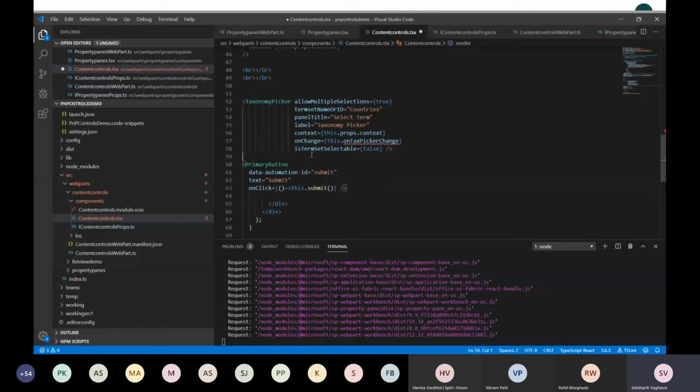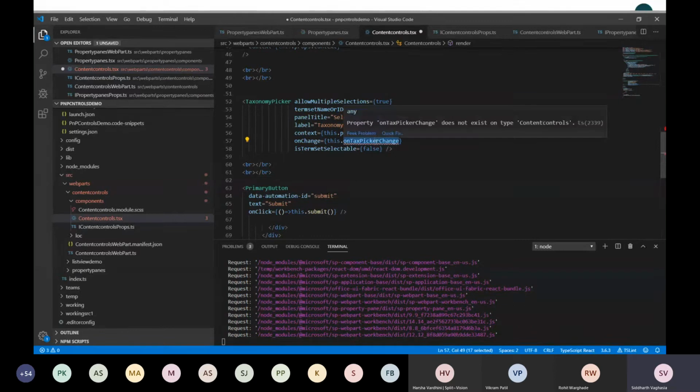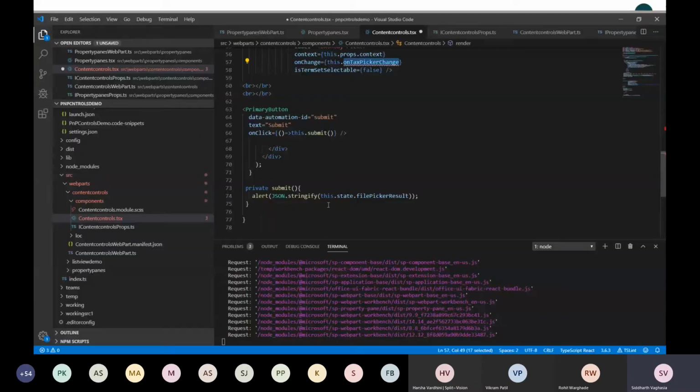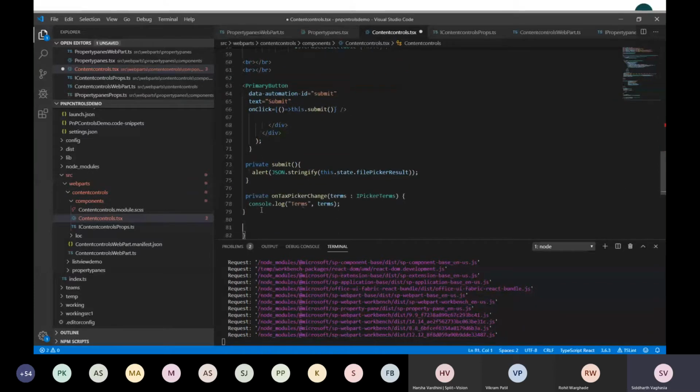I'll put some line breaks, and it is asking us to override this particular text picker change. So I'll copy this and overwrite here, and rather than logging into console, let us alert it, the way we were doing.